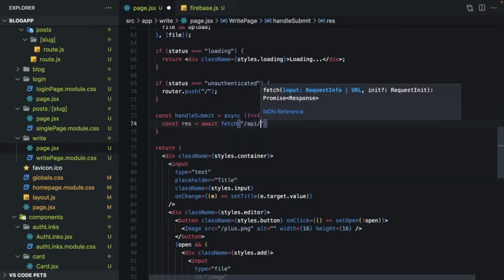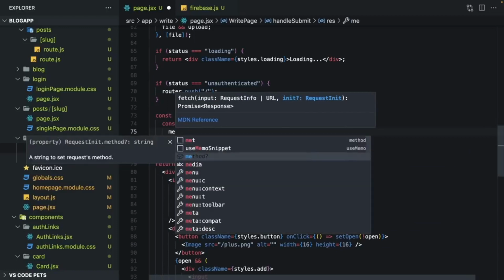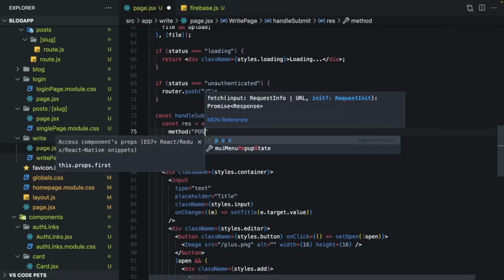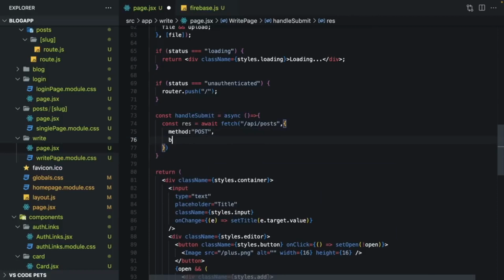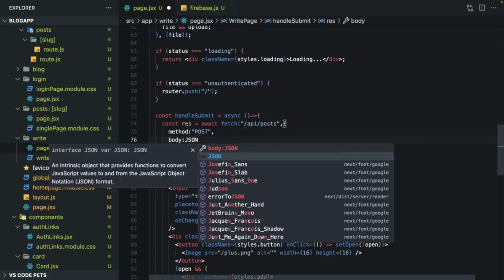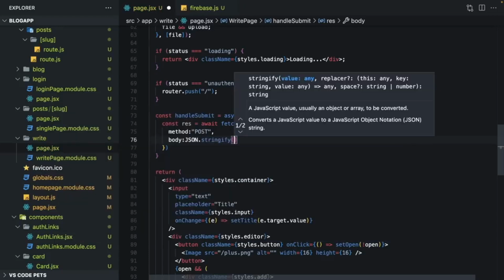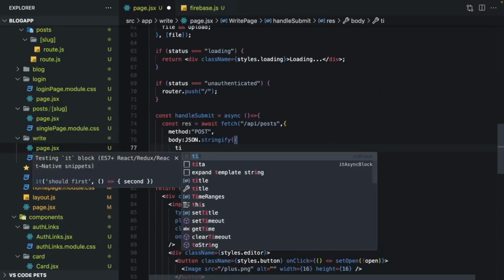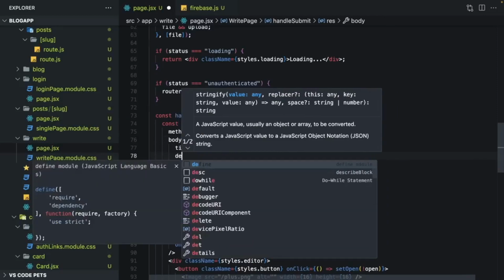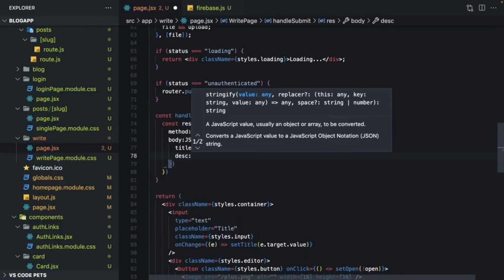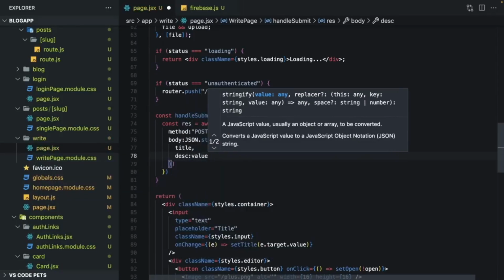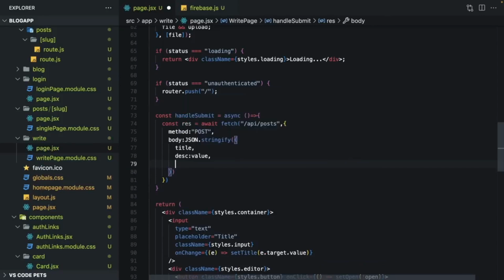I will say API posts, and the method will be post, and inside body I will say JSON stringify. I'm gonna pass my title. I'm gonna pass my description, but remember, it's value. I'm gonna send my image,